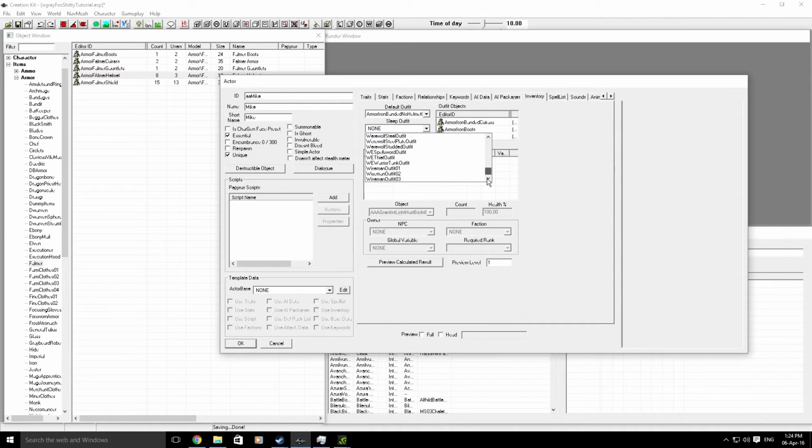We can make him sleep in Daedric armour if we want, if we just want to laugh, but let's just look for some regular clothes. Let's see. Is there anything just... I will just use farm clothes. He'll sleep in farm clothes. Okay, so there we go. And that's their outfit. And inventory, you can add things like weapons and things like that